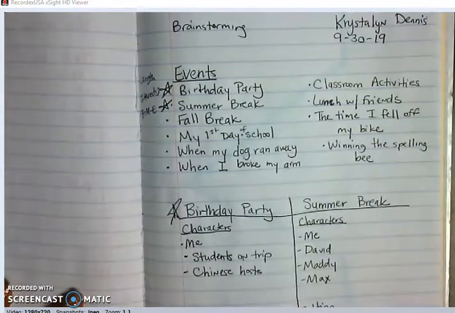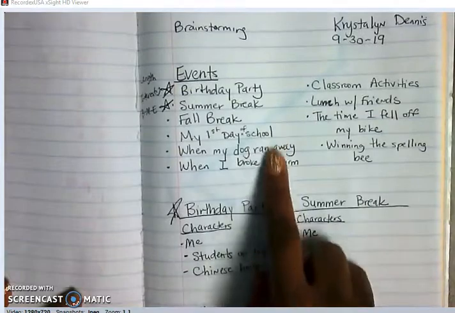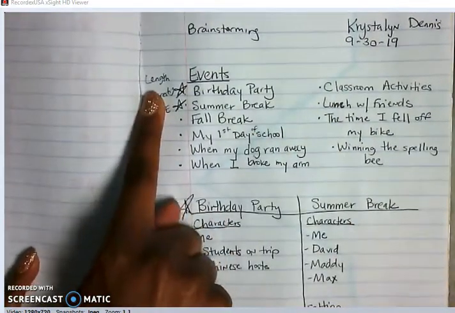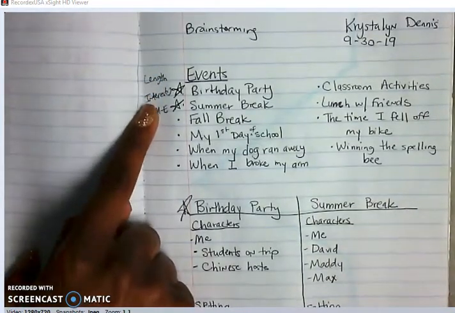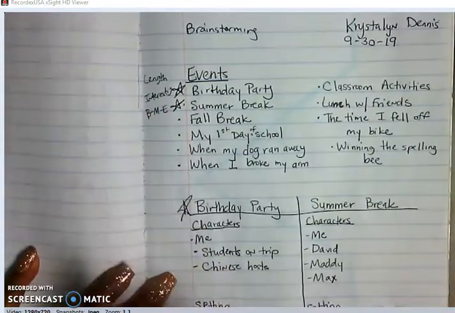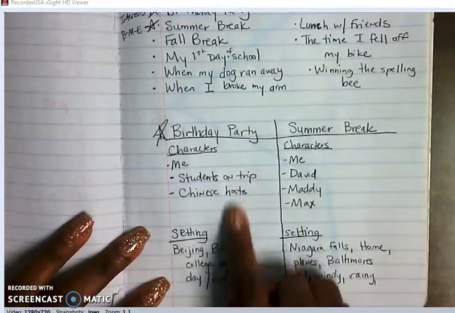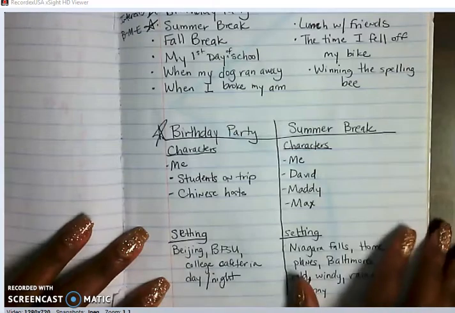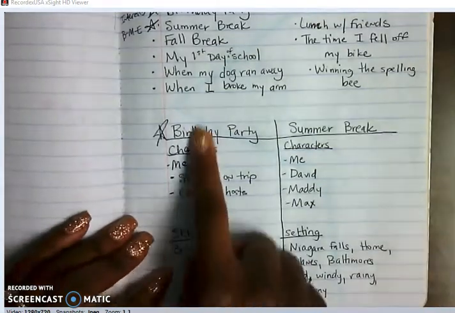All right, here's our brainstorm from yesterday. We've got our name, date, and title. We have the list of events that we were thinking about writing, and we decided on an event based on the length, 4 to 5 paragraphs, that it would be interesting, and that it would have a clear beginning, middle, and end. We did a T-chart of the characters and the settings of 2 of those events and narrowed it down to just one. So today I will be writing about my birthday party, and I have my list of